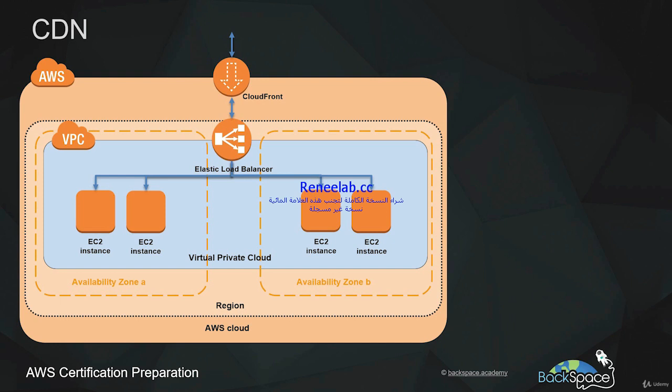So we can get these large images and large videos that are not really changing that often, and we can put that in a CloudFront distribution. And CloudFront will cache that and distribute that across hundreds of edge locations across the globe. So when your end user requests that video or those images, it will be delivered to them